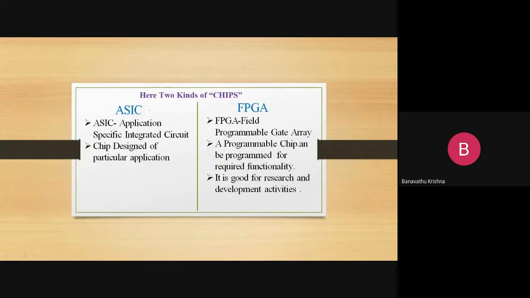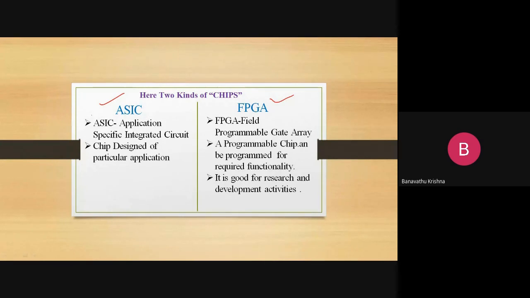Next one. So there are 2 kinds of chips here, one is the ASIC chip, the other one is the FPGA chip. Coming to ASIC, I already told you, for its entire lifetime it is going to work on one specific task, whereas the FPGA is programmable. According to our task, it is reconfigurable. It is remodified according to our task. So by using the programmable method, it is programmable for various tasks.